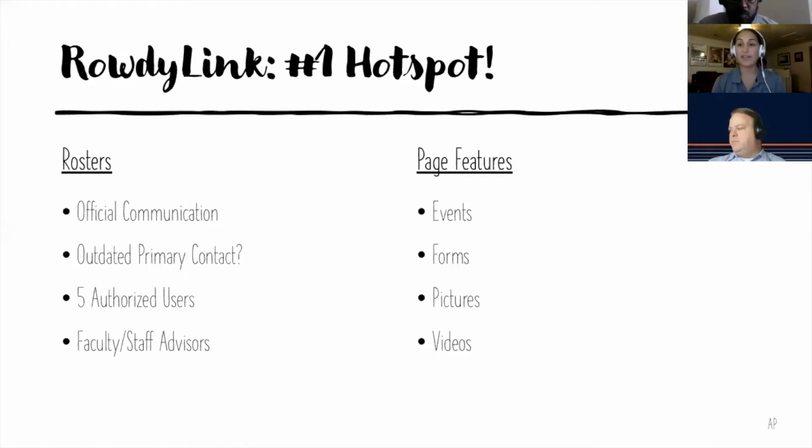So make sure you have your 5 authorized users, as most of our communication goes to the primary contact and authorized users. If you are having trouble finding a faculty or staff advisor, please email us as well. Thank you, Barry, for popping that into the chat at Get Involved. And we have an advisor listserv that we can connect you with various employees at the institution. So just make sure that as you're making your page look really great and inviting, all of your communication portals are up to date and ready to go.